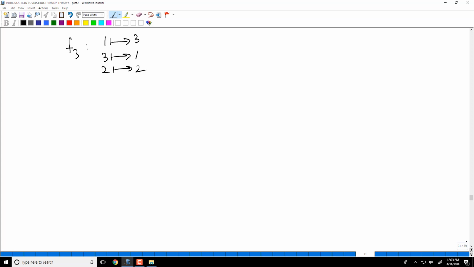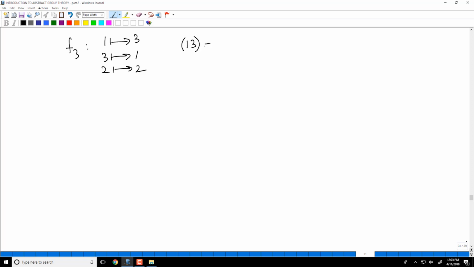So in the new notation I am introducing, I start with 1. Where does 1 go under this? It goes to 3. So I put 3 next to 1. And where does 3 go? It goes to 1. So I don't want to write a number again. I remove 1 and I close the bracket. I put 1, 1 goes to 3, so I put 3 there. But 3 goes to 1, so I close the bracket, because once you look at the last number before the bracket, it goes to the first element. In other words, it goes to 3.